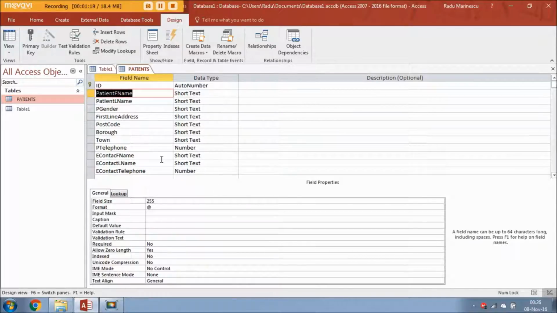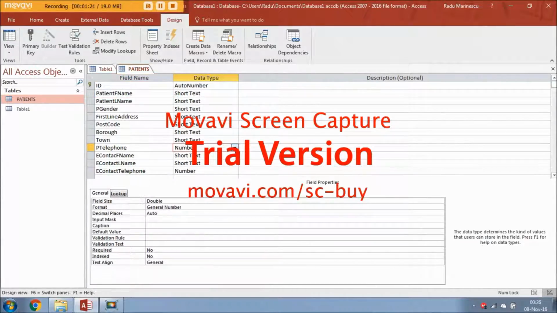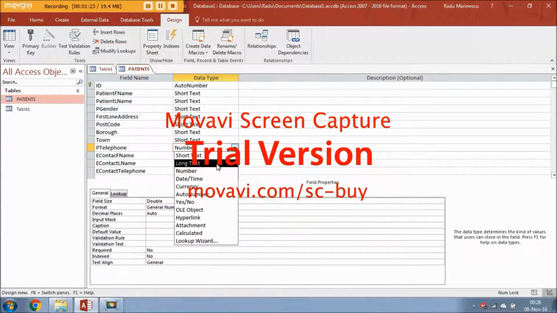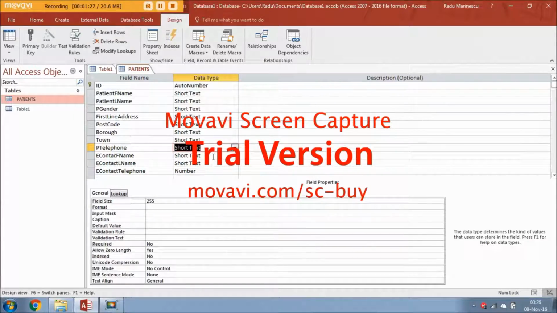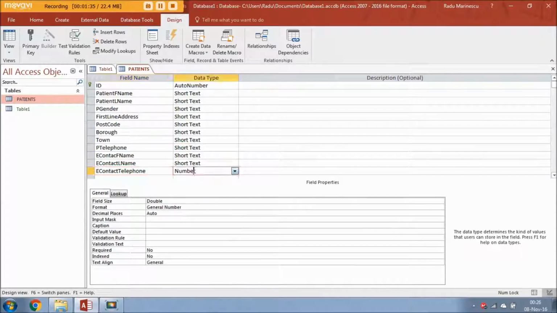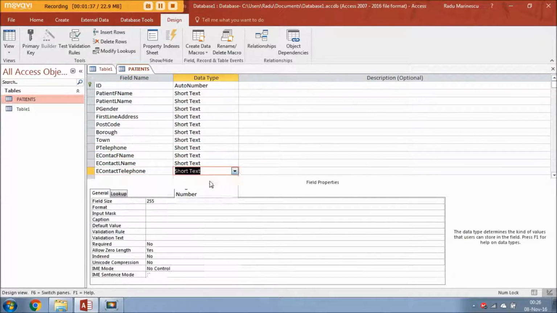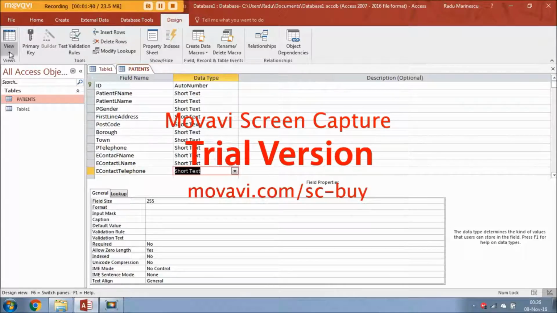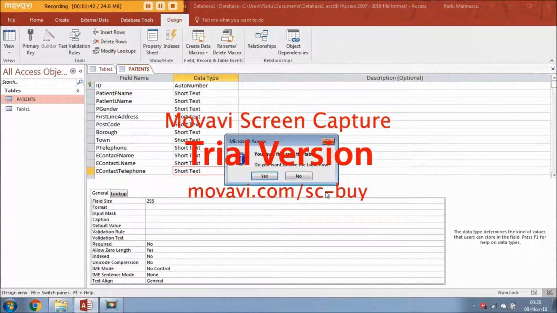For telephone, it doesn't need to be a number, because if it's a number, when you press 07 it won't show, it will just show 7 something, so you have to make it into a short text. And even for emergency contact number it has to be a short text. Now you press on the date, save,